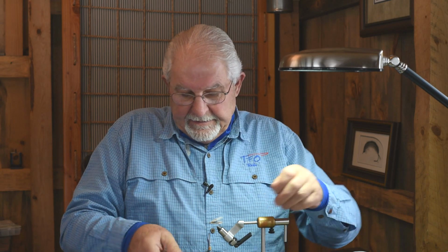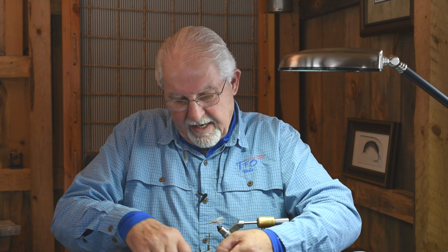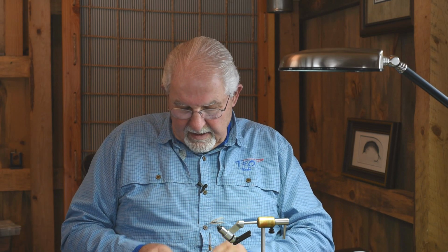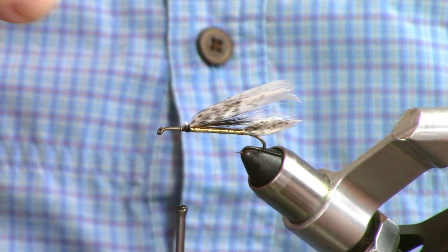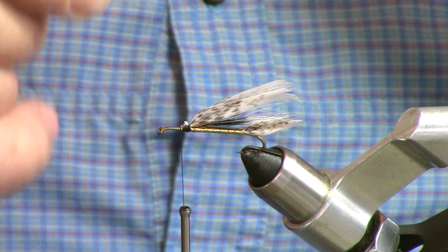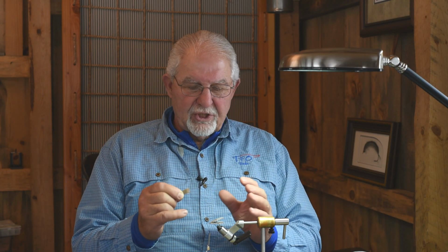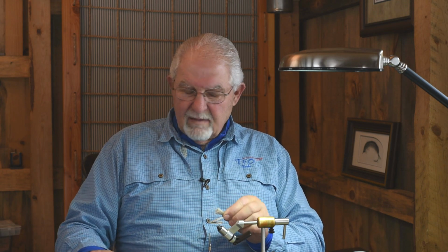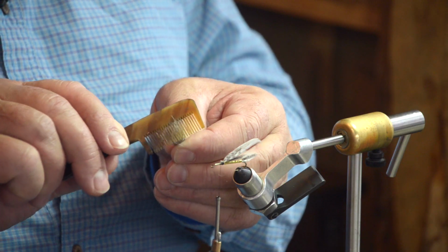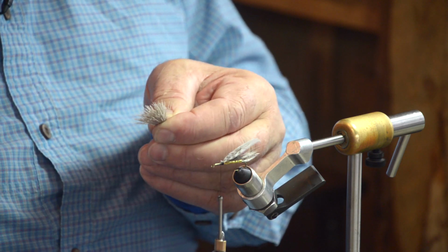Next, we're going to do the muddler head. Deer body hair that is flared. The tips of the deer body hair actually imitate the big pectoral fins of the sculpin. So this hair, the tips are pretty closely matched. We don't necessarily want to stack this because the muddler historically is kind of a shaggy, I won't say ratty looking fly, but it wasn't tied perfect like a lot of the modern muddlers are. We're going to comb the down out, so this is going to rotate and spin nicely. I've got a clump here about the size of a pencil,